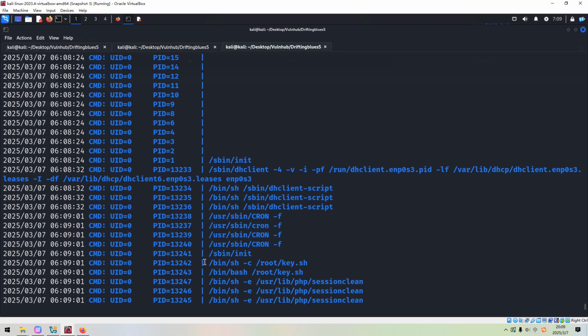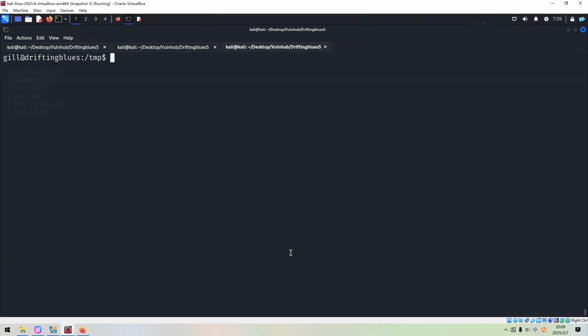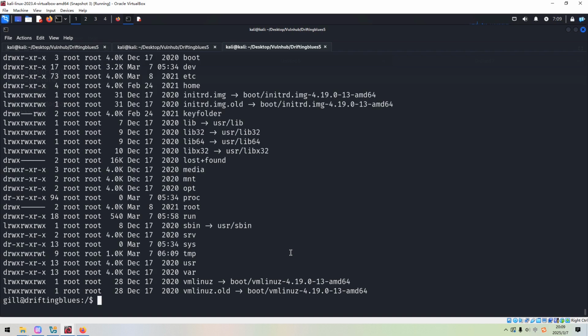As you can see over here, there are two processes, and these two processes belong to root user, and the root user is running this shell script, key shell script. And also just now in the home directory of the current user, we have already seen the kdbx or KeePass database file. So very, very suspicious. And if you check the root directory of this machine, you can notice this directory, key folder,